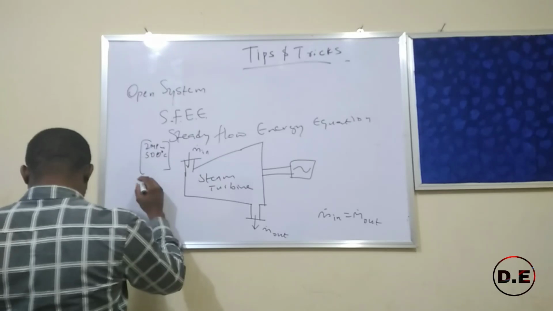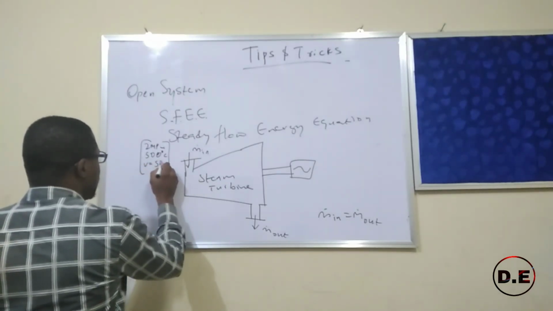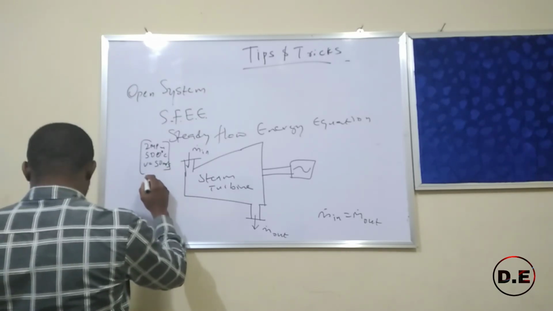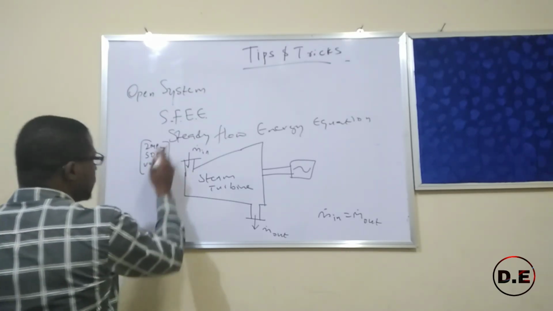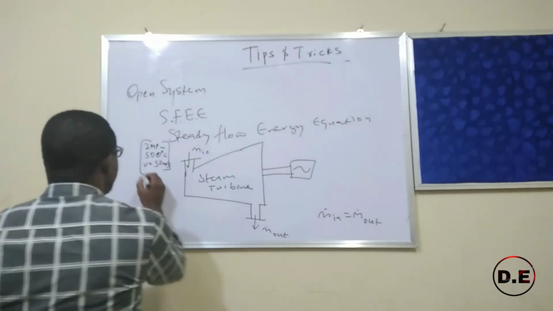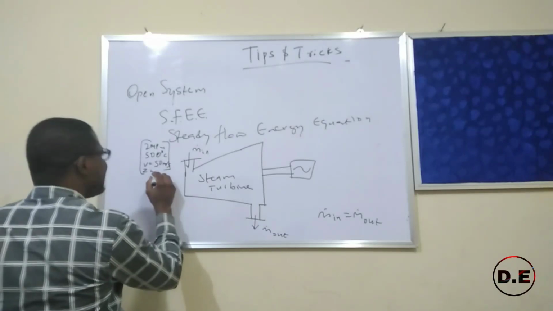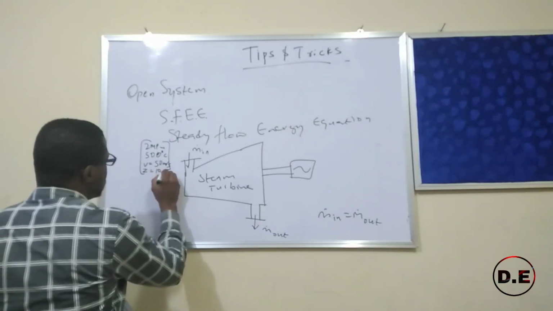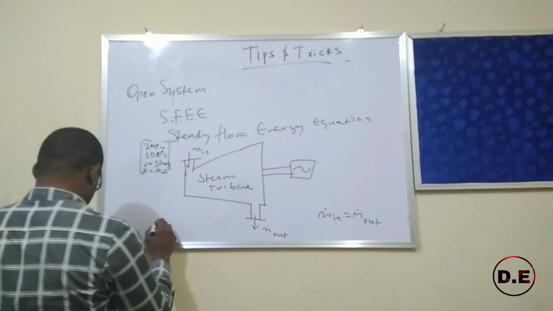Of course, we are also given velocity at the inlet, let's say 50 meters per second. Okay, so let's say we have this as our input, and let's say the Z, the height, is 10 meters, and then here we have properties at,